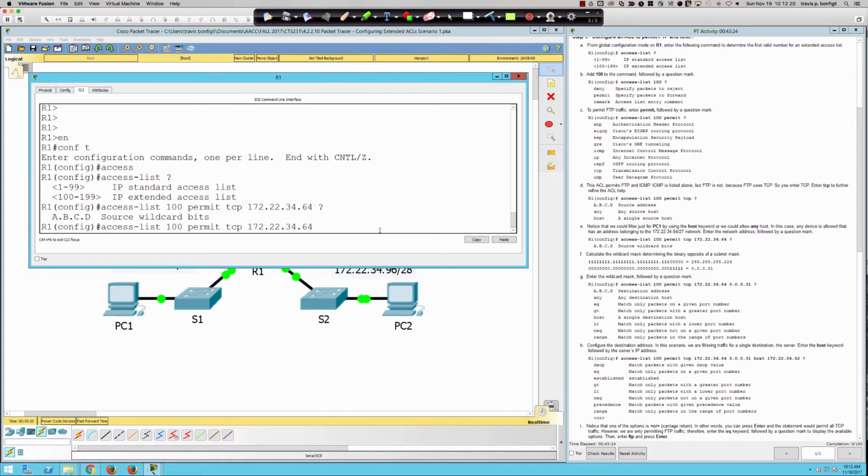Now remember that the wildcard mask is nothing more than the inversion of the dotted decimal, subtracted from the all 255s. And this is another way that you can figure it out, right? So let's pull up our pen drawing tool here. There's two ways that we can do this. We know that the dotted decimal is 224, because it's a /27, so I could simply say all 255s, and so we would say